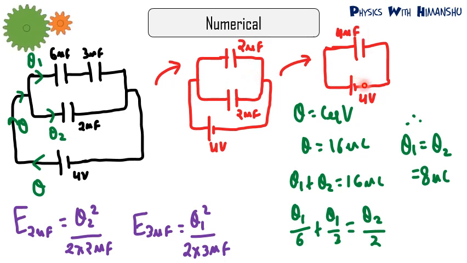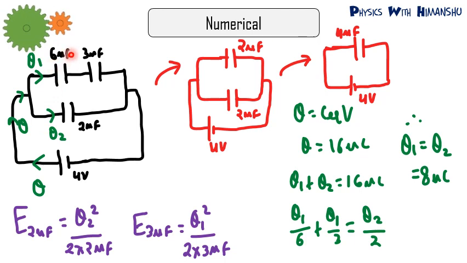So basically the potential of battery is 4 volt and equivalent capacitance is 4 microfarad. So putting formula of Q equal to C equivalent V, Q comes out to be 16 microcoulomb. Now, if you see the charge distribution, then Q charge was given by battery. The charge will come at this point. Now the charge will get distributed. Q1 amount will go in the upper branch. Q2 amount will come in the lower branch.